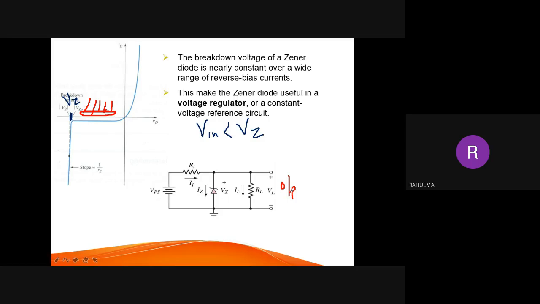Okay, you have two voltages. One is the input voltage and one is the Zener voltage. Zener voltage is the voltage at which breakdown starts and current increases rapidly. So that is nothing but Vz. So now your Vin is less than Vz. That is this region. So breakdown is not happening now, and no current will flow through the Zener diode. Is that clear?